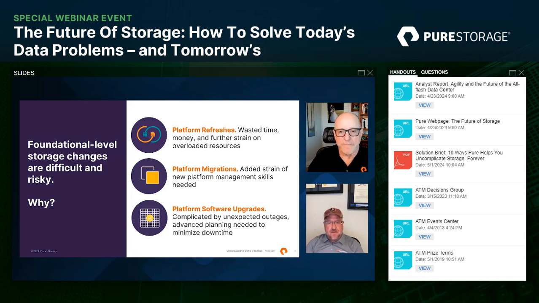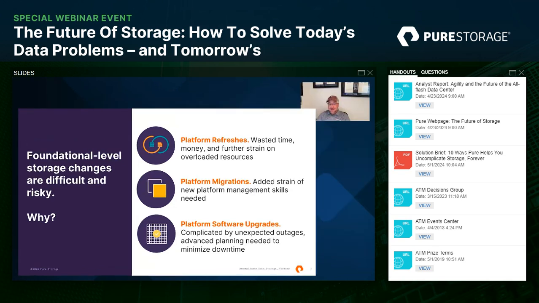Yeah. So these three things, in all the time that I've been in enterprise storage, have always been the holy triumvirate of challenges that data center managers have to face, to include the storage managers, of course. The platform refreshes, the generation 1 goes to generation 3. What does that mean on the time, money, and people needed to be able to refresh your platform to keep it evolving to what your workloads are required to take from the storage itself? Migrations are a part of that as well.